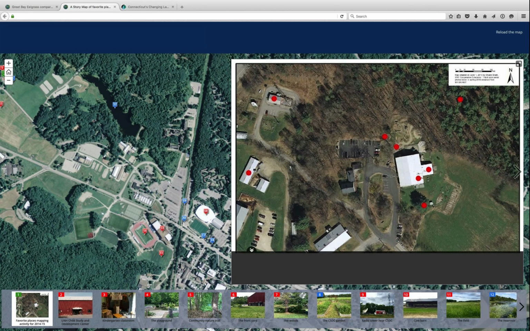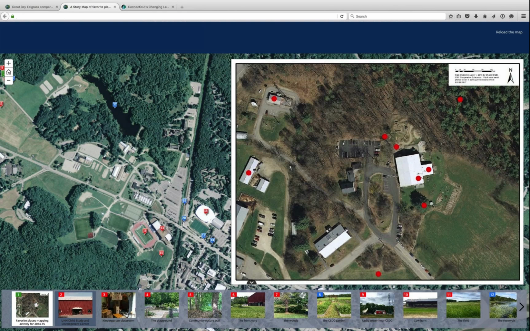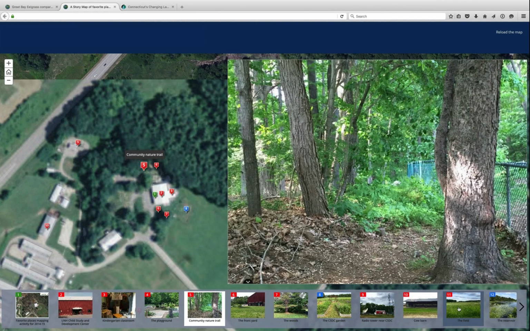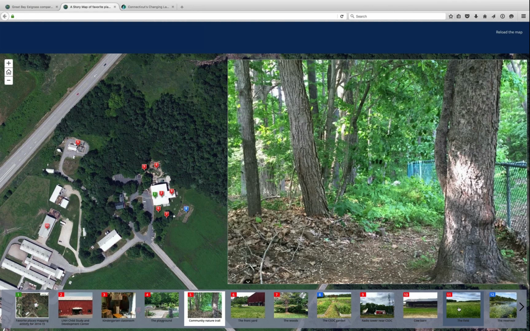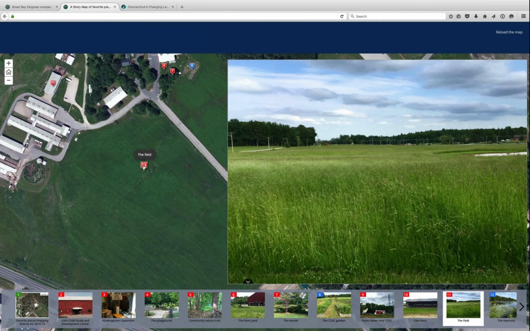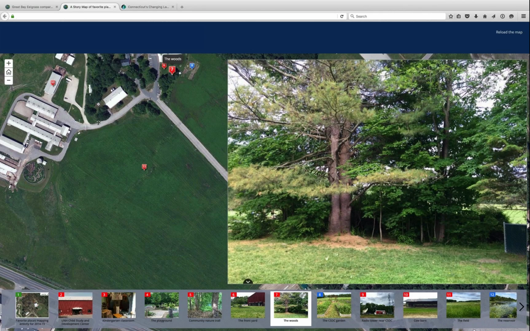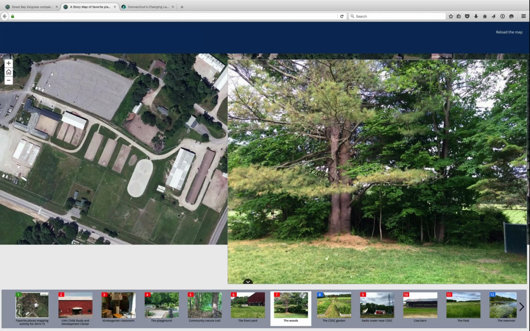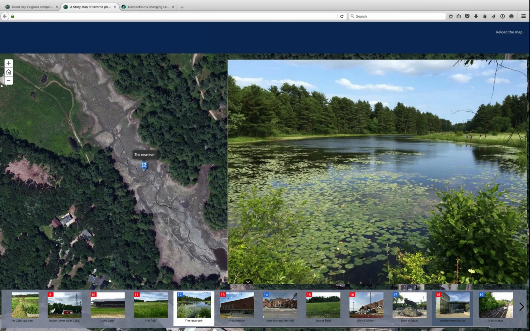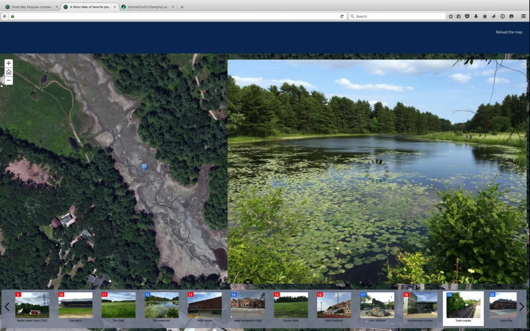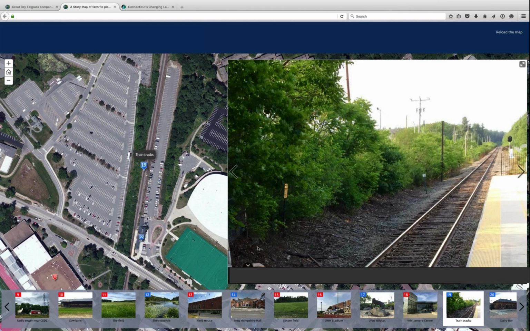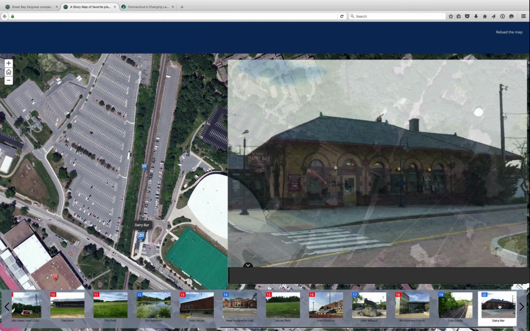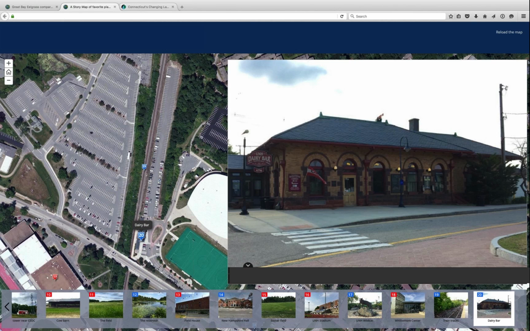Another simple type of story map is something that I put together looking at different features around the university campus, just having pictures that you can click either on the picture or the points in the picture, or navigating throughout the school to show different locations, and if you want to, put text here that describes the story that you would like to tell. Now, this is a relatively simple type of story map, but it's one of the most